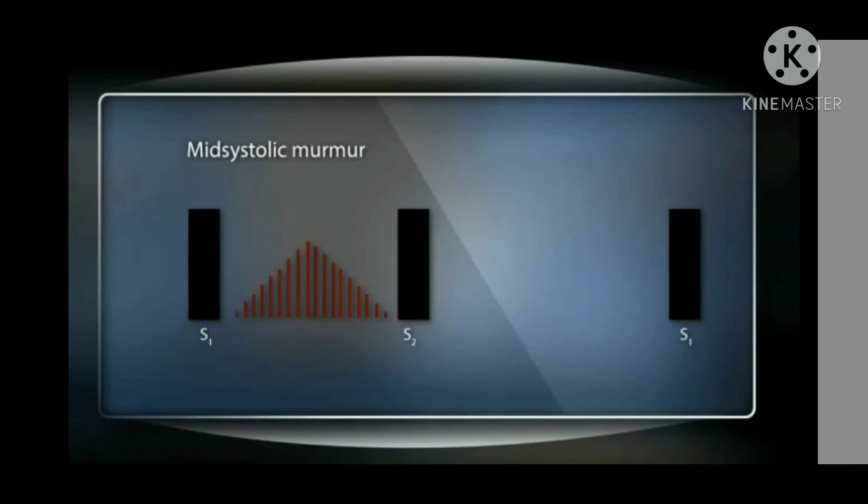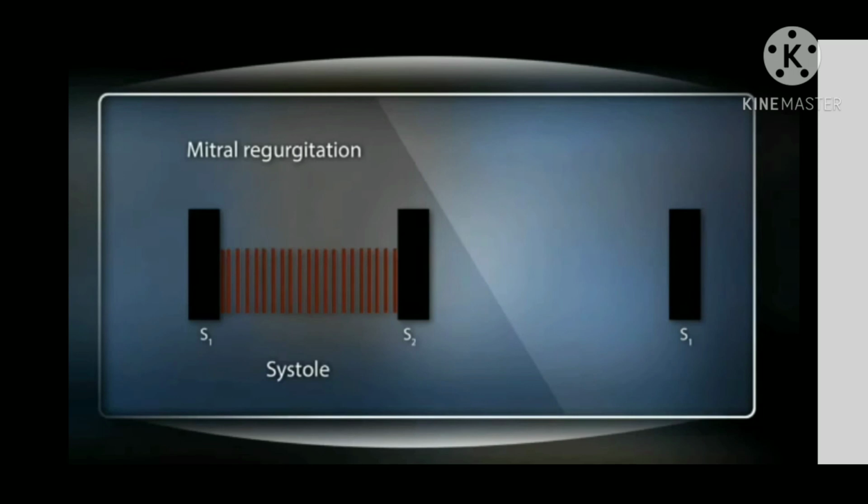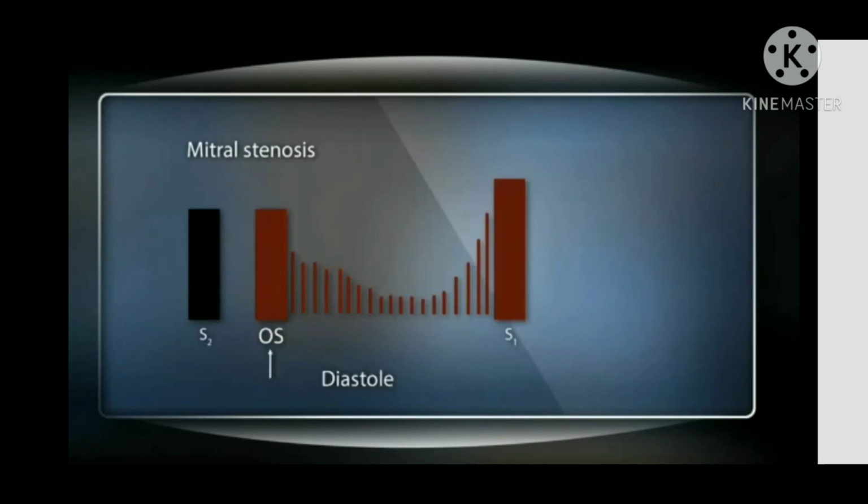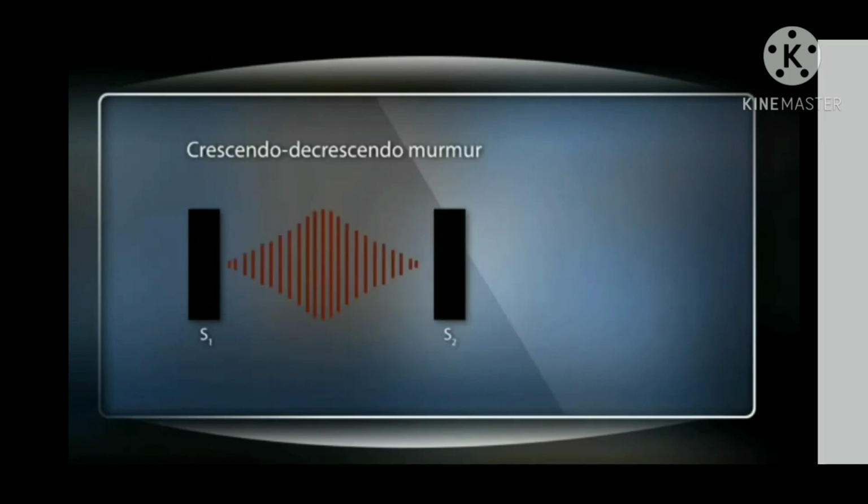Palpating the carotid upstroke as we listen to the murmur is an important tip that helps us decide if the murmur is systolic or diastolic. Systolic murmurs can be early, mid, or late systolic. A mid-systolic murmur is heard in physiologic flow murmurs, with a gap just before S2 and after S1.